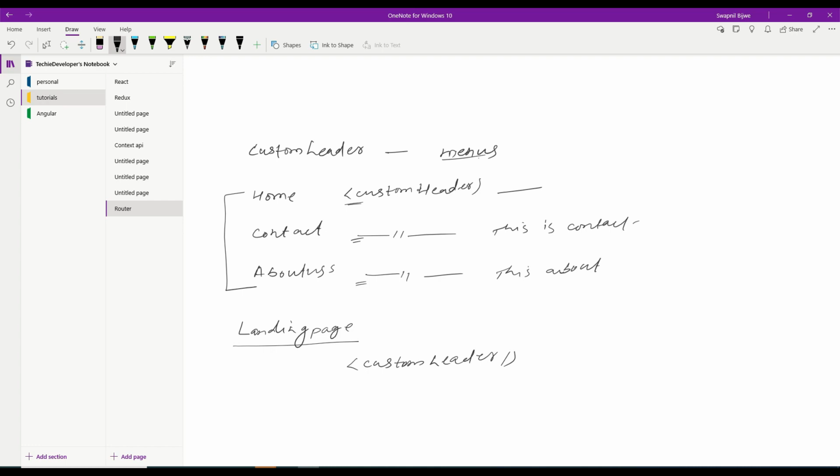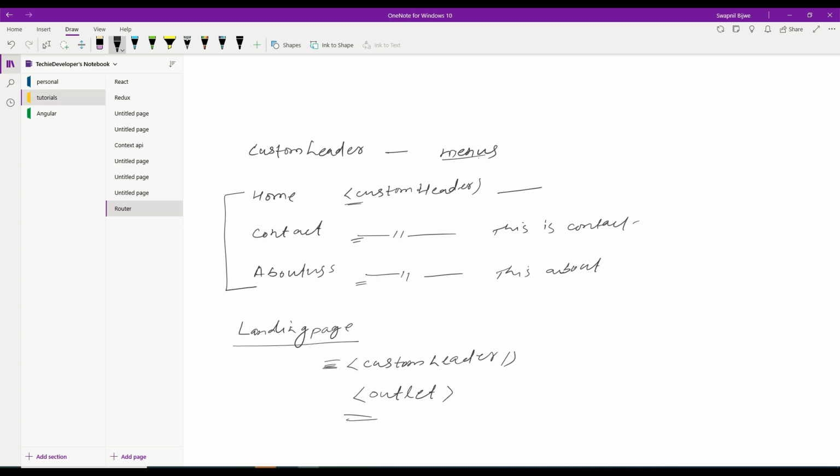Now, all these 3 pages I will make as child ones. Below this custom header I want to display home, contact, and about. So simply I will write an outlet tag here. Done.